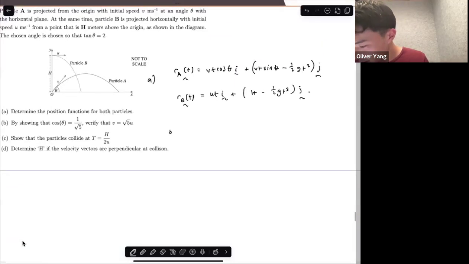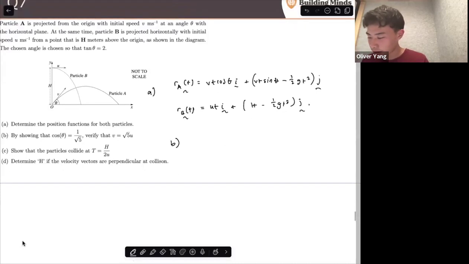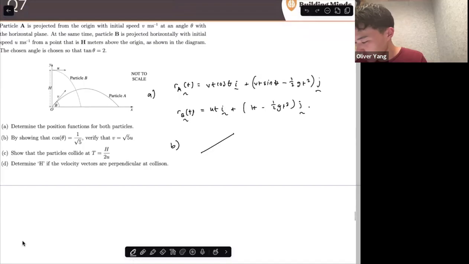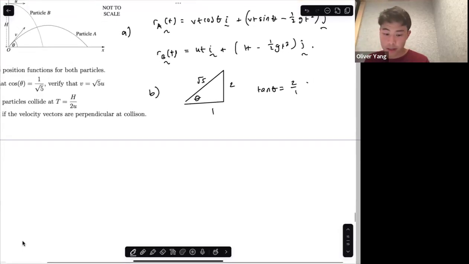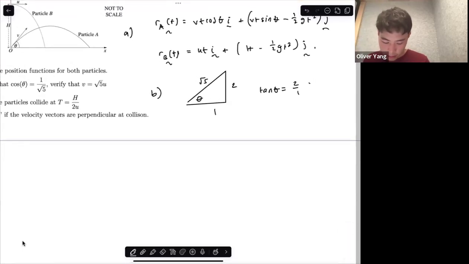B, verify that cos theta equals 1 over root 5. Well, we can just draw the triangle, whatever's easiest. So we got 2, 1, theta, root 5, right? Because tan theta equals 2 over 1, basically. Okay, so how do we verify this? Well, you can draw it like this and then just say cos theta, or you could have done